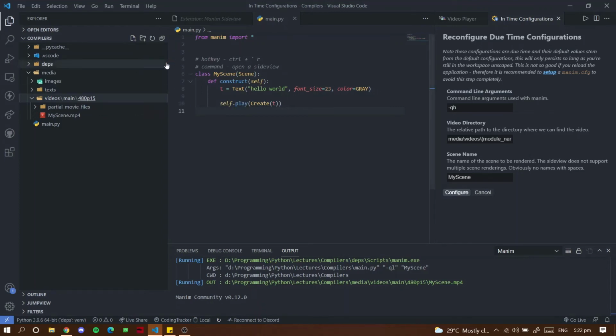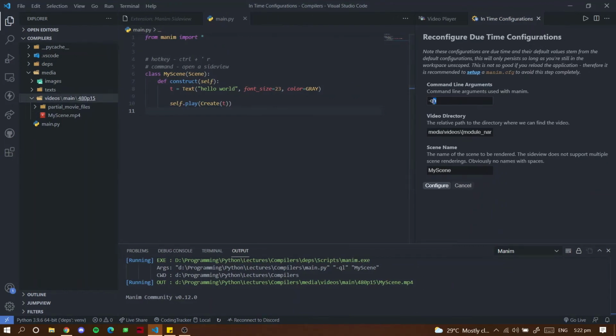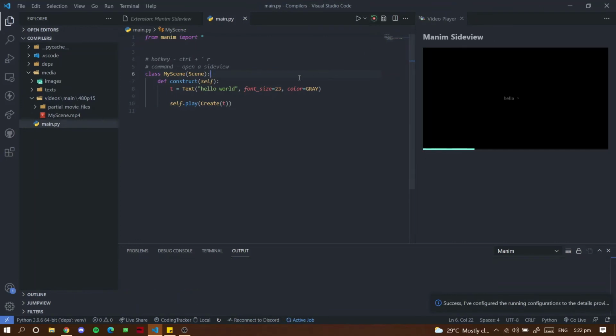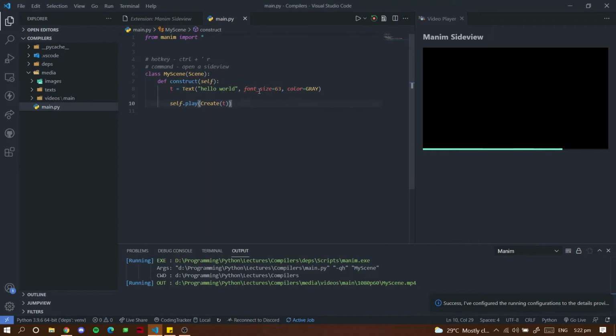And if we look at this, and if you've used Manim before, when you render with quality high, the directory in which the scene gets saved is the 1080p 60 subdirectory. We'll configure that and run this. I don't know if we can tell the difference because this is utterly small. Let's change this to 63. Maybe that's too big. But anyways,